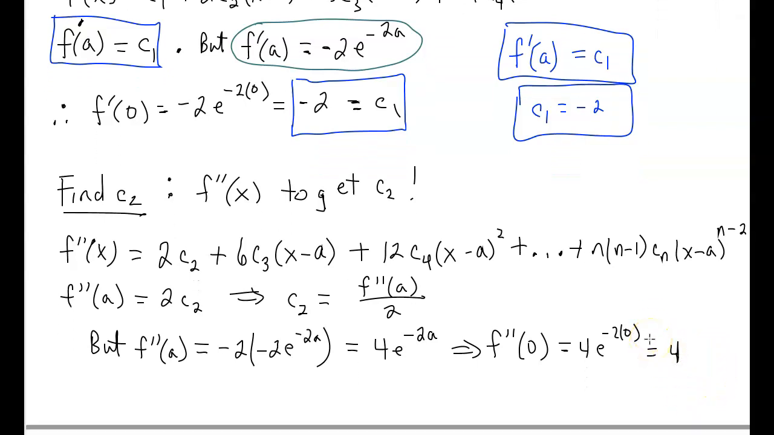So with all that being said here, the main thing that we want to highlight again is that C2 is equal to the second derivative of our function f over 2, and we know that here C2